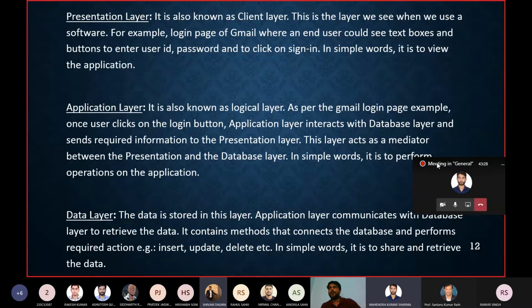Also, if you are talking about the security part, in the OSI model, we have learned in GATE that in every layer, like the transport layer and network layer, there is a security measure. I don't remember the name.